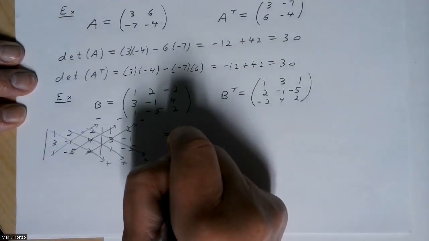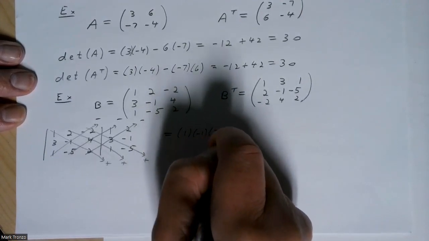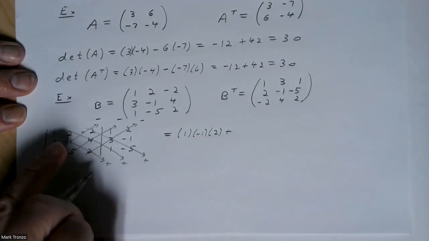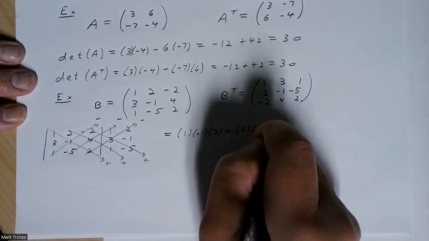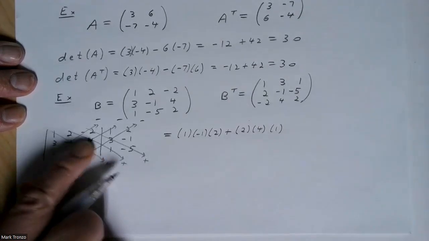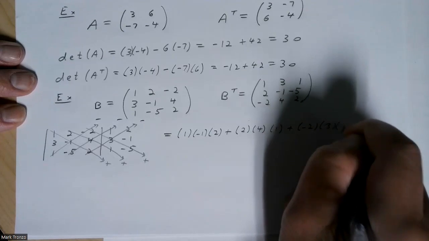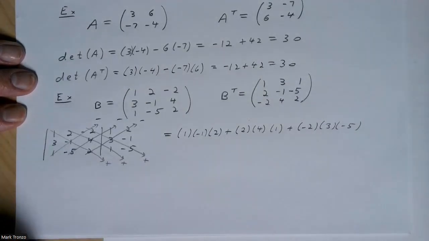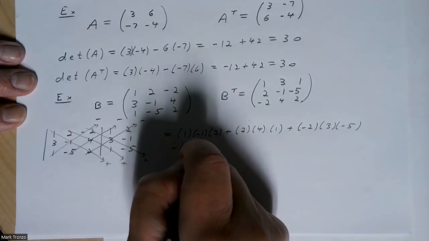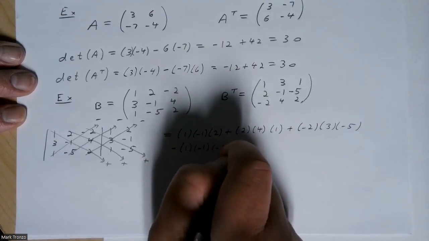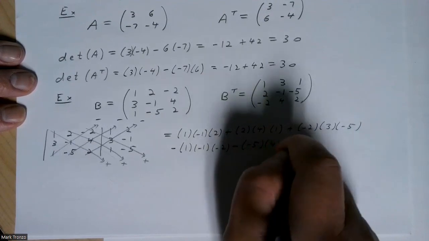So we take 1 times minus 1 times 2, plus, then go to this next one over here. 2, 4, 1. Then over here, minus 2, 3, minus 5. And then subtract these ones. Minus 1, minus 1, minus 2, minus 5, 4, 1,